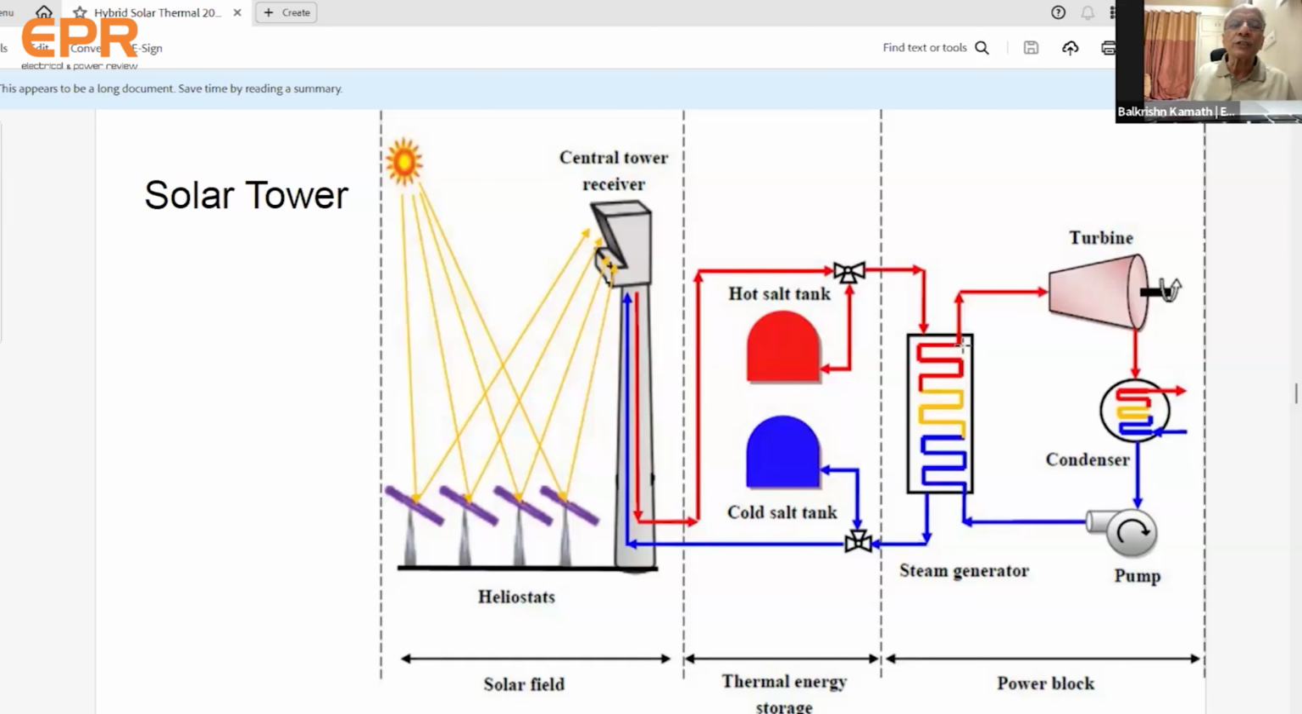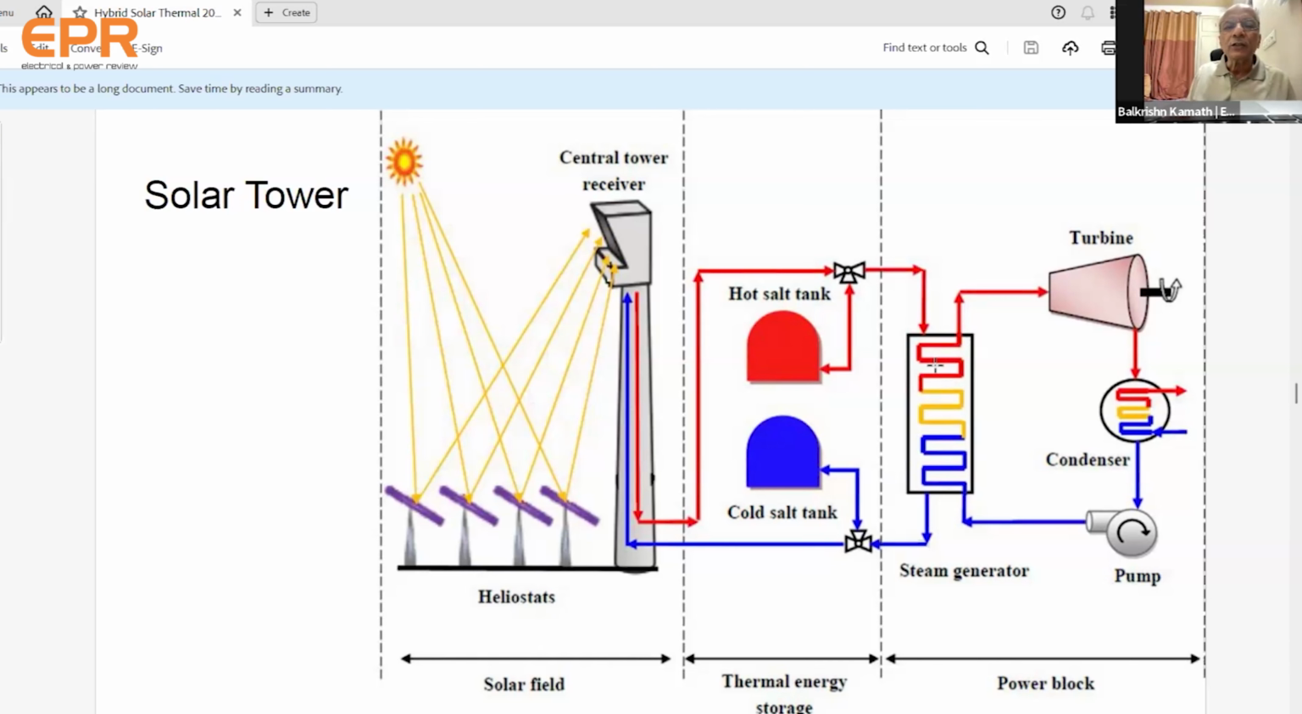Normally, the temperature goes up to 1000 degrees because there can be an infinite number of heliostats around the tower. In this case, even oil cannot be used because its breakdown temperature is around 400-450 degrees. So we use molten salt here. Molten salt takes heat from there, and it can be stored in a tank, or it can be taken